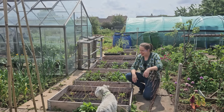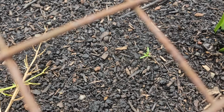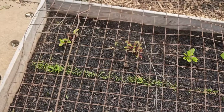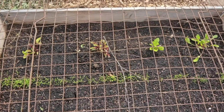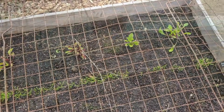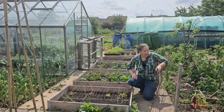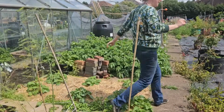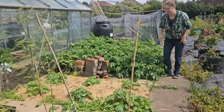But I put some chamomile in this bed and I think that's what's coming through. I'm hoping it's not a weed and it is chamomile. The row of carrots is looking absolutely fabulous. Really happy with that. And more beetroot. I seem to have sown a lot of beetroot. There's beetroot everywhere. And before we move to the Fruit Tree Guild, I mustn't forget behind the greenhouse because,